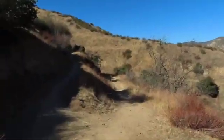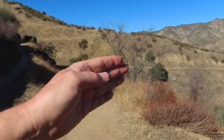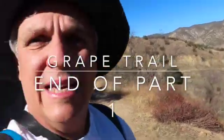We're here at a fork in the road, and if we look at this, there's a high road and a low road. This low road continues all the way down, and if you follow it all the way, keep going right, you'll find yourself